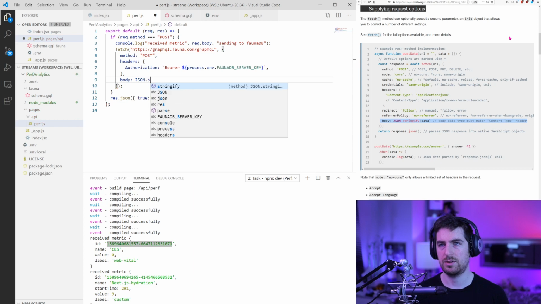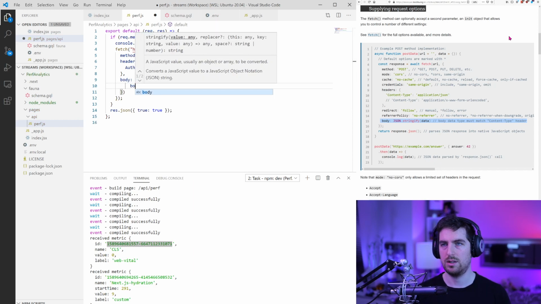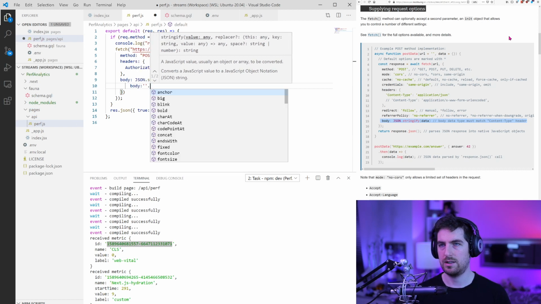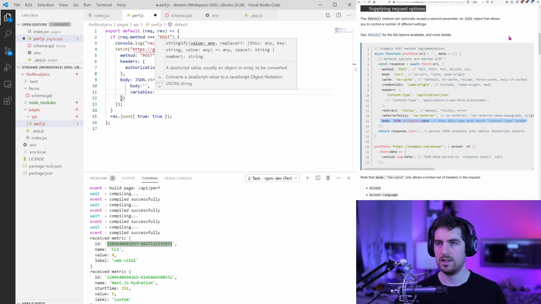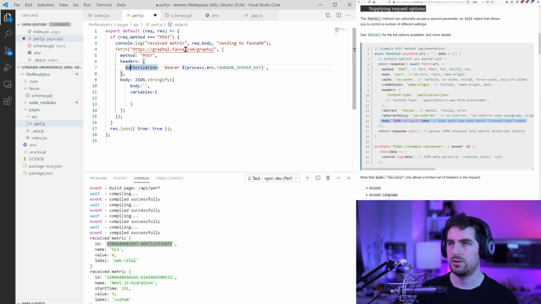So in my case, I'm going to still JSON stringify, but now I'm going to do two things. This is going to be my body and also have variables, and those variables are going to be pretty much my req body, except